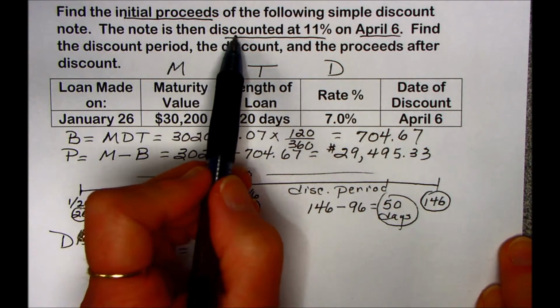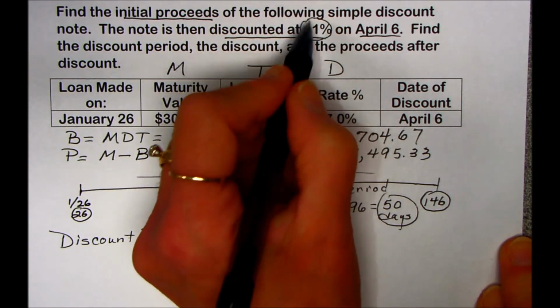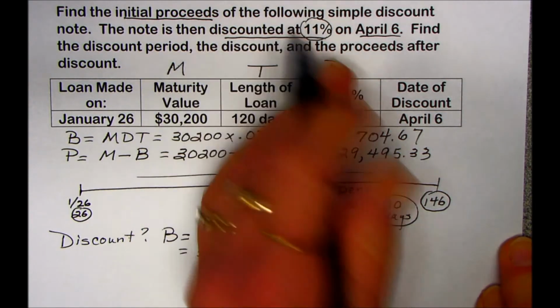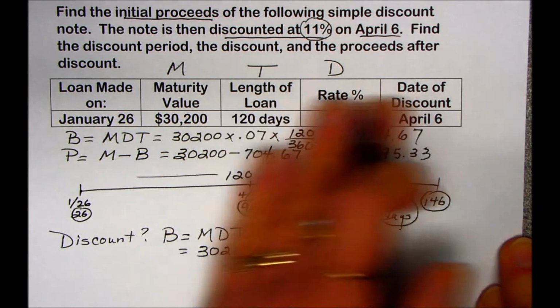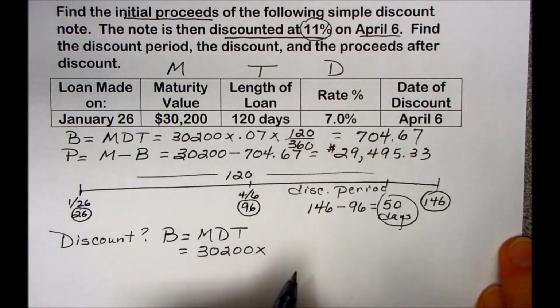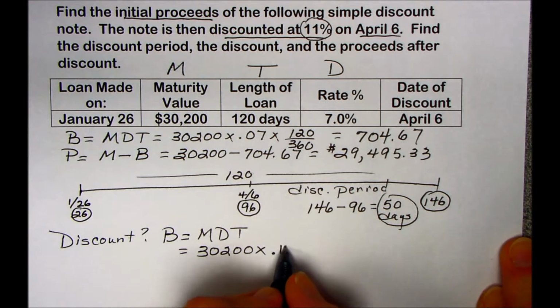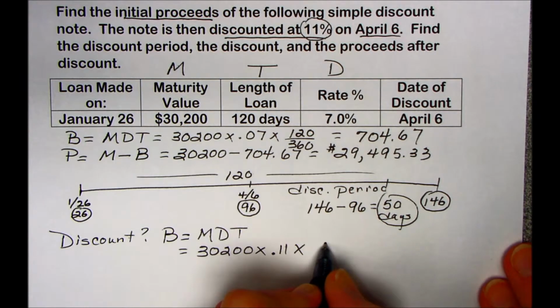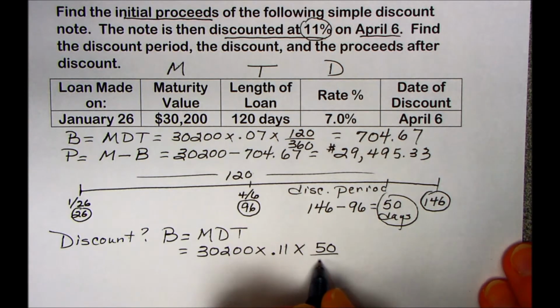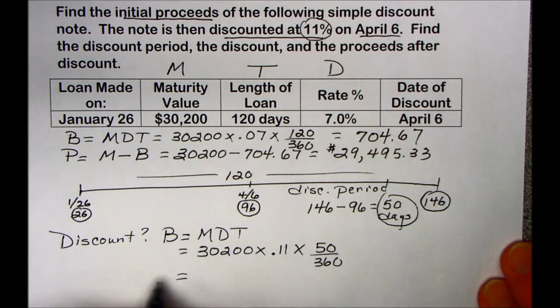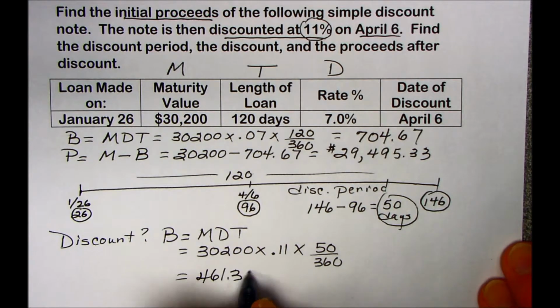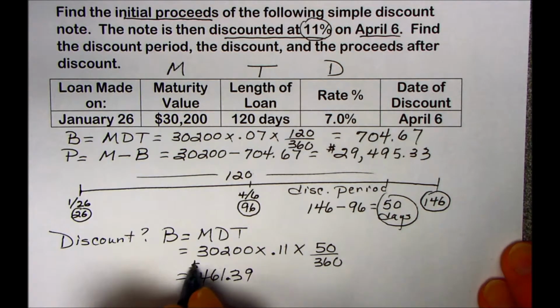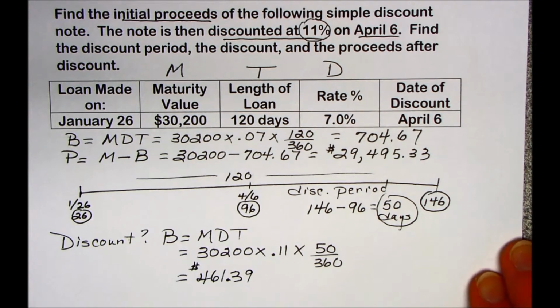When the note is sold, it's discounted at 11%. That's the interest rate that we will use. This interest rate was not the initial interest rate when the loan was first taken out. So we'll use 0.11, the decimal equivalency, and make sure that you use your time remaining to the maturity in terms of a year, of course. When you multiply these values and round to the nearest cent, the discount of the note is